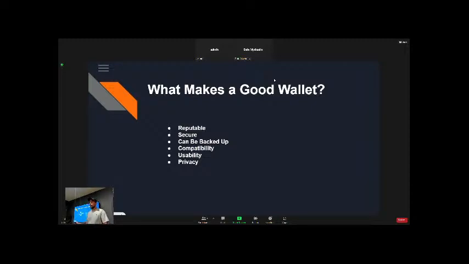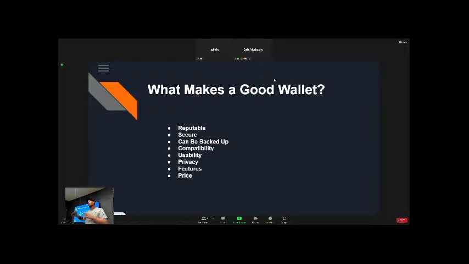Privacy is another big one. If they're selling your data, or asking for a bunch of personal information when it doesn't need to have it, it's something to keep in mind. That's also a really important part of wallets. Sometimes a bit of KYC is needed, especially if someone else is holding your money, because there are regulations around that. But typically, the least information that you can give, the better. And obviously, that they're not selling your data to people, or that they don't have access to your private keys and stuff like that.